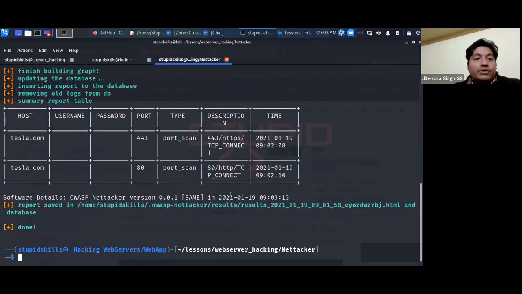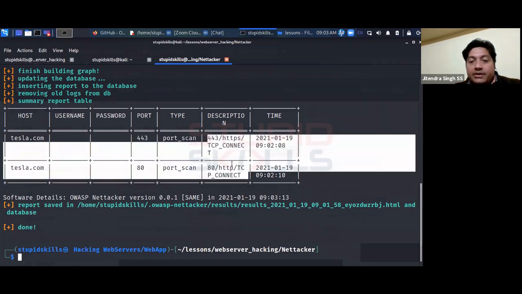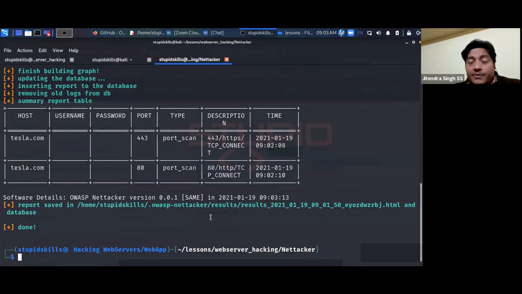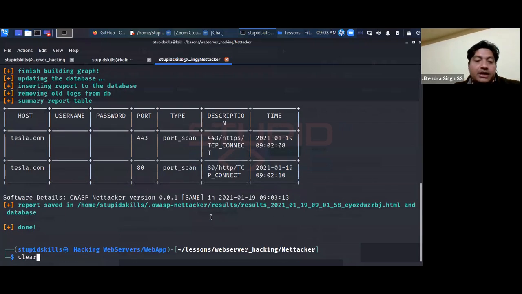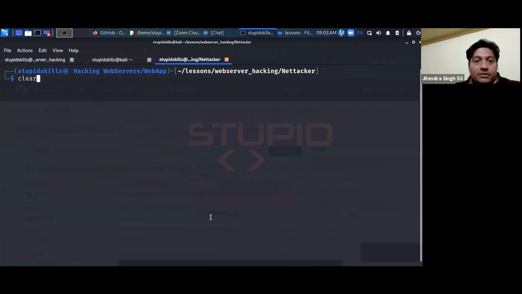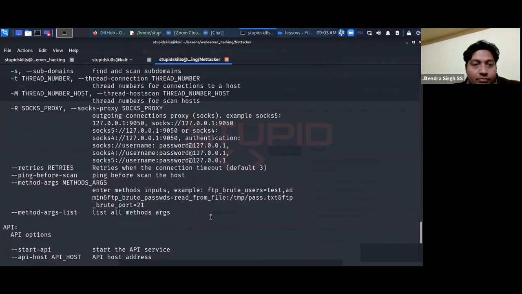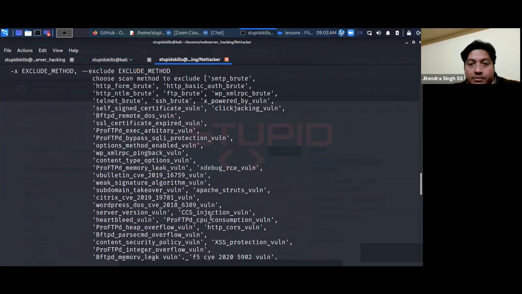Yeah, see. So it's been able to bring out this result on port 443 and 80. Okay, it's been able to send a TCP connect request on these. So this gives some amount of information to us, right? And let's choose some other scan method types. I'll just go to help. So we'll choose